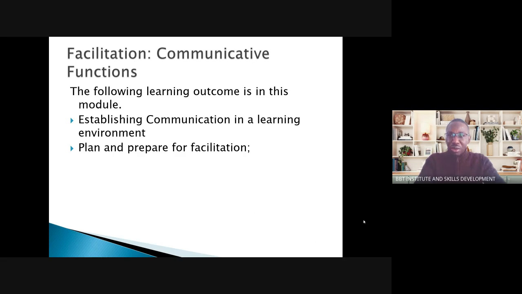I'm not sure whether the names are a true reflection of the individuals attending this class, because sometimes the names you log in with might not be a true reflection of the students. So next time when you are logging into the class, please make sure you indicate your name so that we are able to follow.